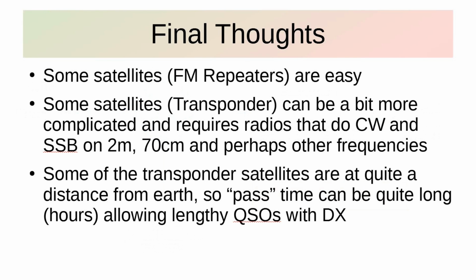So some satellites are easy. These are the ones, when people say satellites are easy, these are the ones they're talking about. It's the FM repeater satellites. Some satellites, in other words, the transponder satellites, can be a bit more complicated, which makes them more challenging and hence more rewarding, and requires radios that do CW and sideband on 2 meters, 70 centimeters, and sometimes other frequencies,